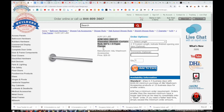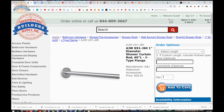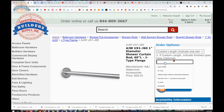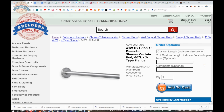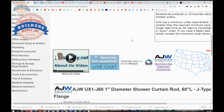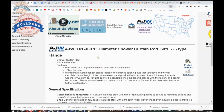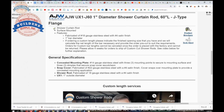So this is the item that we are looking at. UX1 J 60-inch select length, standard length, or we will custom cut that length for you. Indicate here what your finished opening is, and then we're going to pre-fit that size down. So when the client told us 57 3/4, we're going to need a small amount of margin to fit that in. As we scroll down, shower curtain rod, surface mounted,